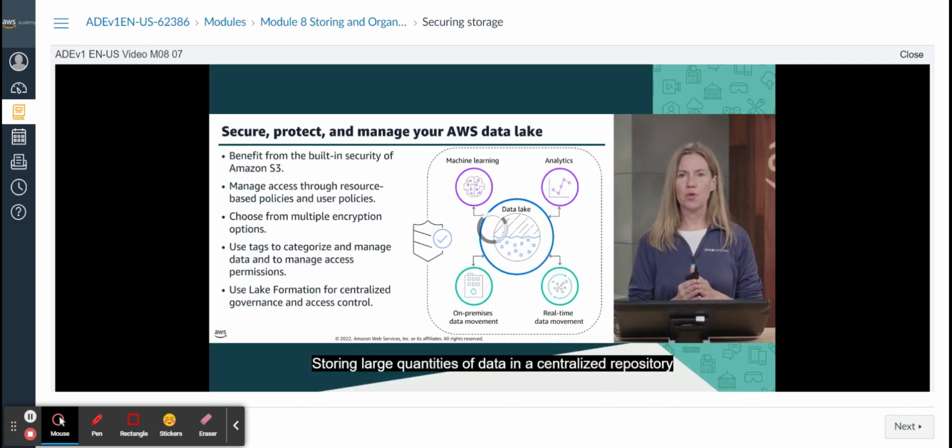Storing large quantities of data in a centralized repository makes security a key element of your architecture planning process. With Amazon S3 at the core of your data lake solution, several robust security features and capabilities are intrinsic to the service and